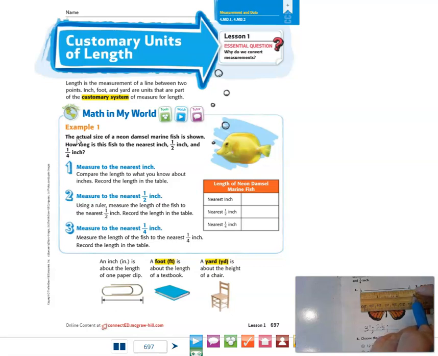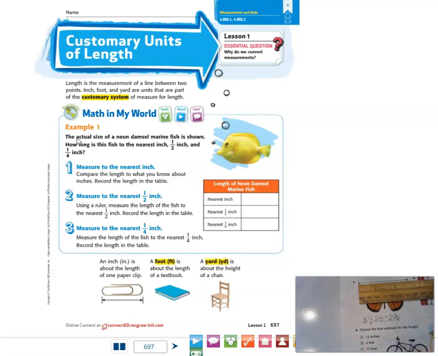And since this line is closest to the 3, I know that's 2 3/4. So again, I've got 2, 2 1/4, 2.5 or 2 2/4, and this would be 2 3/4. So my final measurement, rounded to the quarter inch, is going to be 2 3/4,